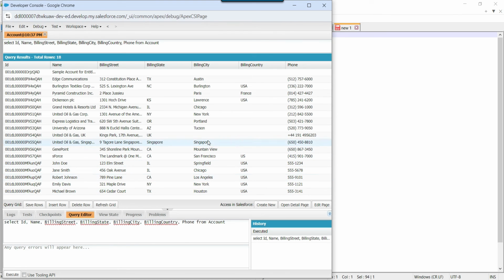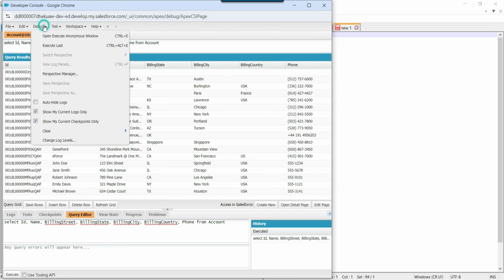Suppose you are playing with Salesforce, trying to migrate data, and accidentally you inserted some data and now you want to delete that data. This is other than the main topic, but I'm just telling you because this can be helpful. For example, if you want to delete all these 5 records that you just inserted, how can you delete them? You can click on the debug option here,